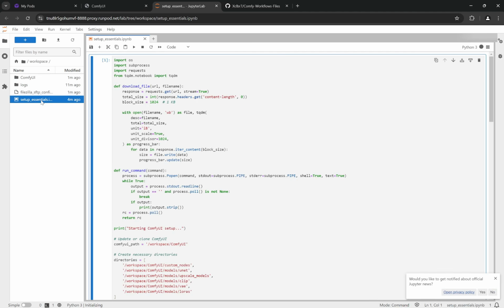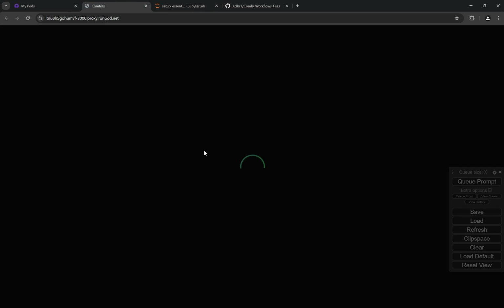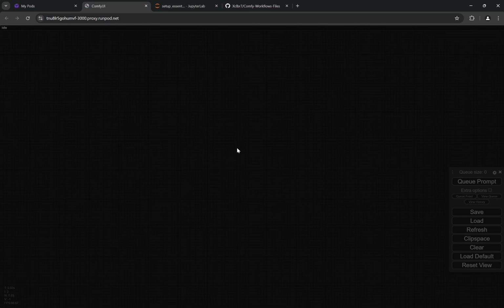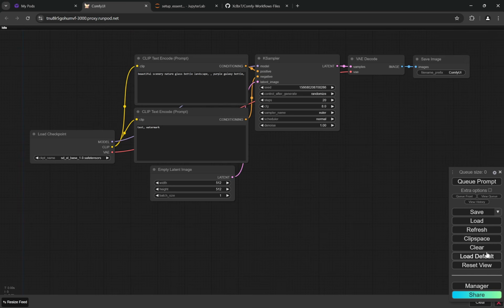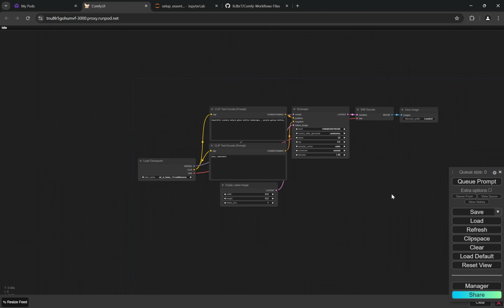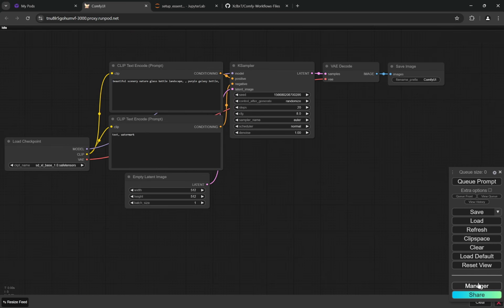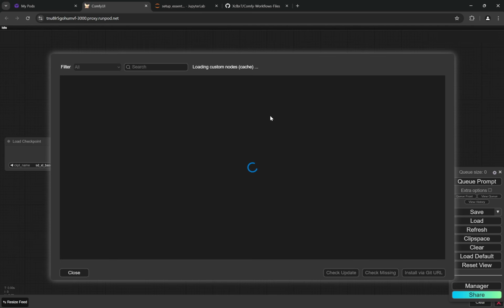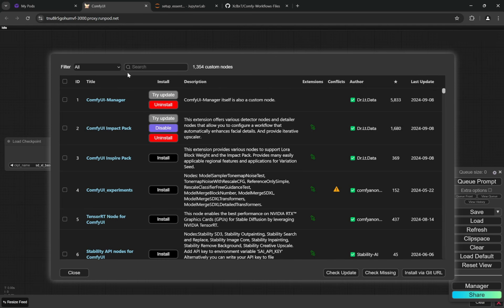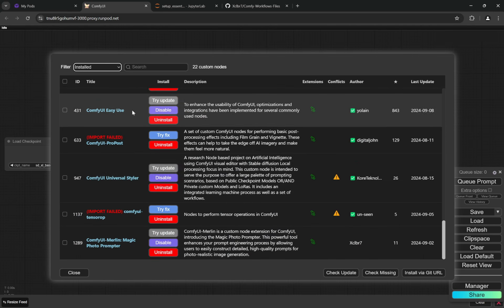we already have that file. So because we were keeping the storage space, we already have that file and everything in ComfyUI. Now Comfy takes a little bit of time to get loaded. And now you can see in the manager, in the custom nodes manager, you have everything. So if you see the installed ones, you can see all of these are